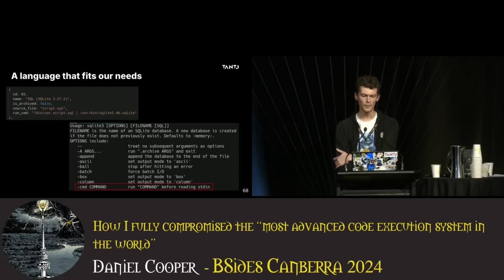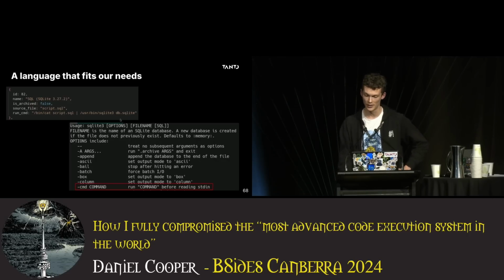So what's actually going to happen is this isn't going to work because script.sql isn't going to be in the correct working directory. But because this command runs before reading standard input, it doesn't care that it's receiving 0 standard input and is going to error out. So this works perfectly. We can add -cmd at the end and it will execute some SQL commands, which doesn't seem like much,